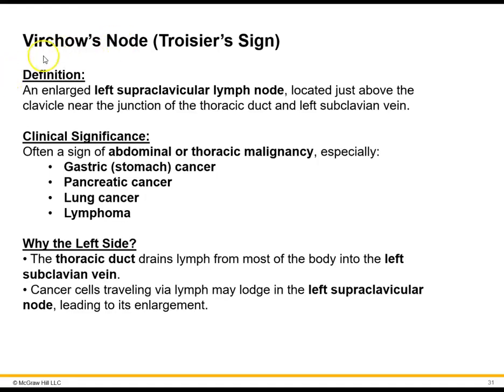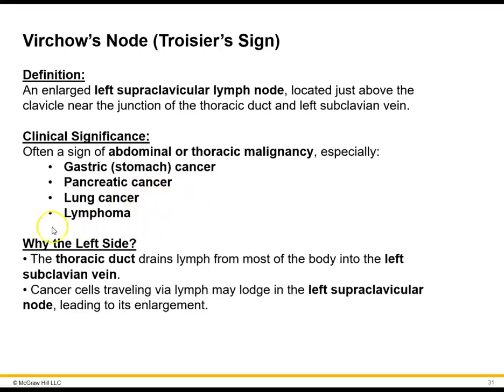That brings me to Virchow's node, or Troisier's sign. What this is, is an enlarged left supraclavicular lymph node. This is going to be located just above the clavicle, near the junction of the thoracic duct and the left subclavian vein. Why is this clinically significant? Well, Virchow's node is often a sign of abdominal or thoracic cancer, especially gastric cancer, pancreatic cancer, lung cancer, and